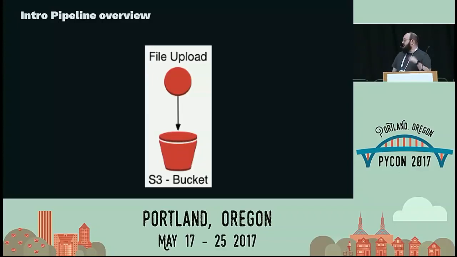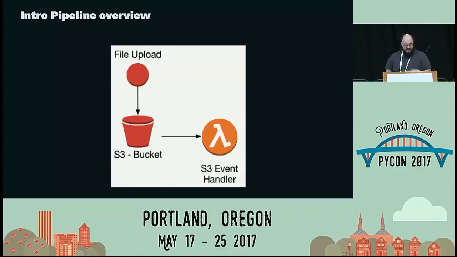In the Amazon world, when we upload a file to an S3 bucket, we have an option to have it actually fire an event. And that event can have a wide array of topics. In particular, I can send it directly to one of these Lambda Cloud Functions. And in the event, I can decide what needs to happen to this file. Does it need to be compared to some existing data that we currently have? Do I need to send it to a different place to be processed? Does it need to be processed securely because it contains special information, that kind of stuff?